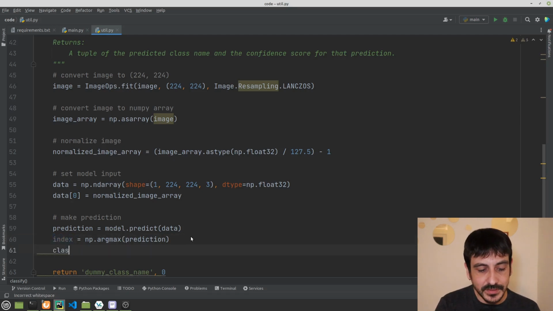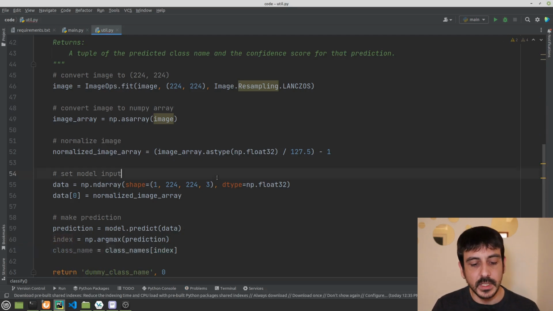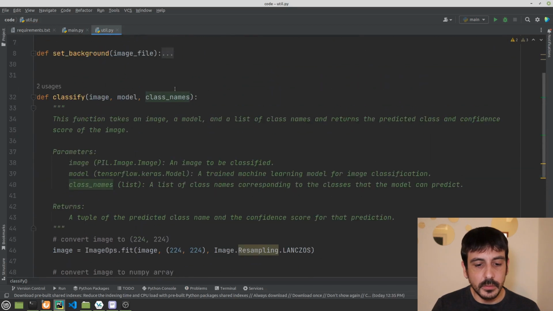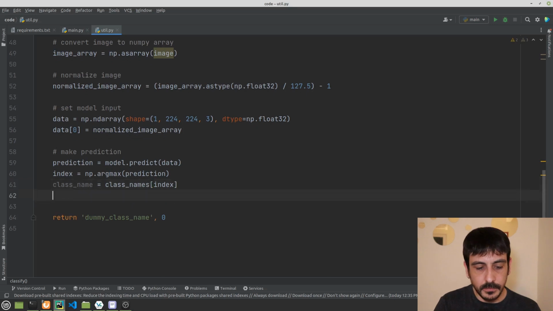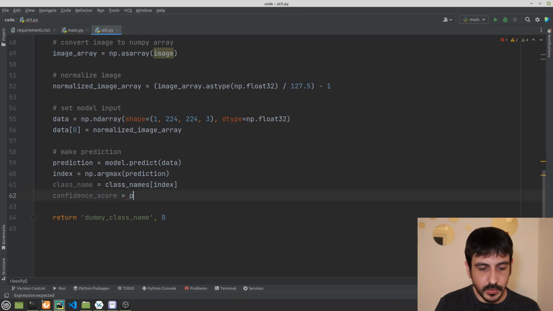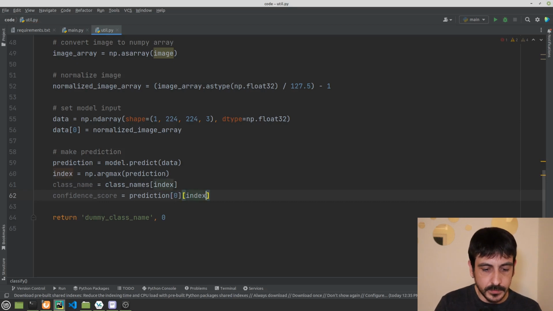So from now on, class name is going to be class names, and we are going to input the index. Remember, class names is another parameter we take as input here. And then confidence score is just getting prediction 0, because we only have one element, and then index, right?